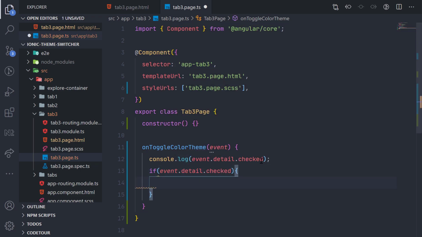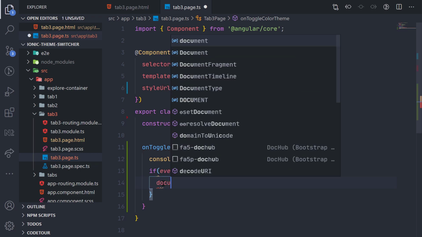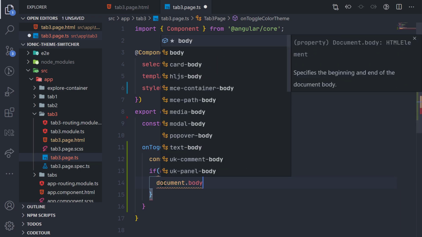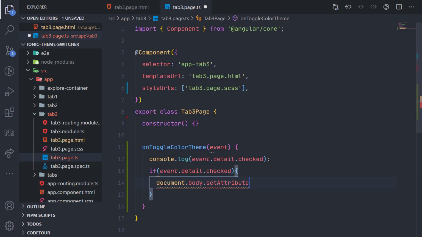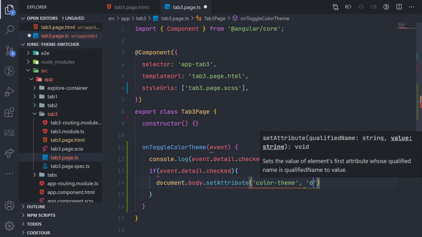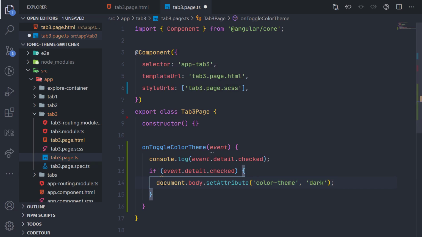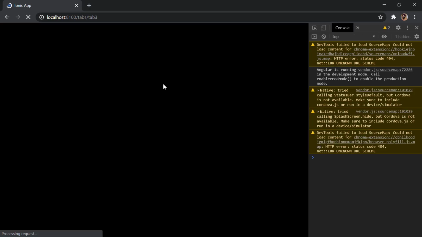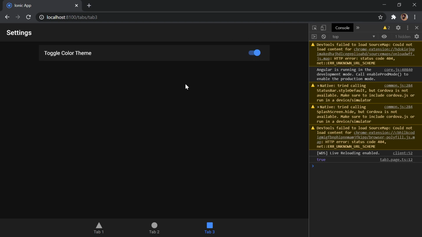So we are checking for the true value for the toggle, and then we want to do document.body.setAttribute, and then we actually want to say color-theme, and we want to set it to dark, right? And now if I go back here and I click here, you can see this is actually changing to dark. But once we do false, it is not changing back to the light.